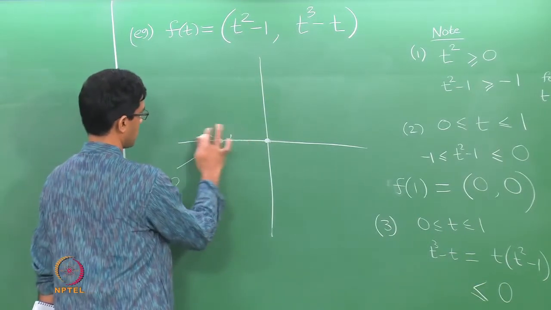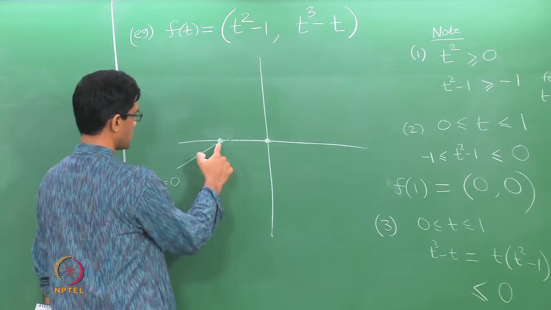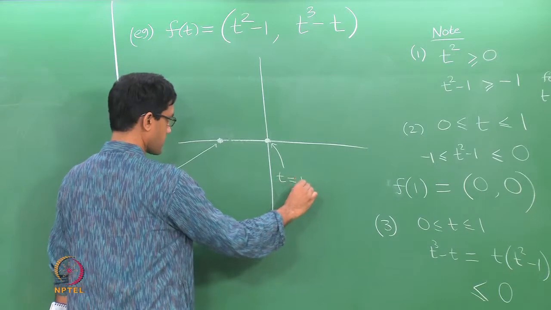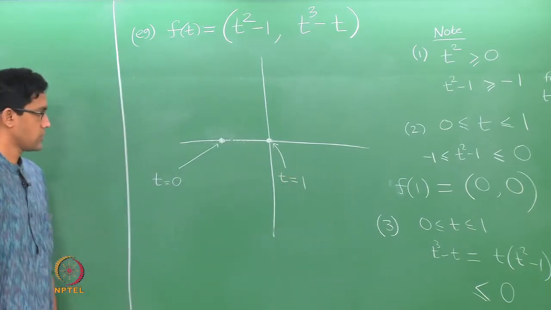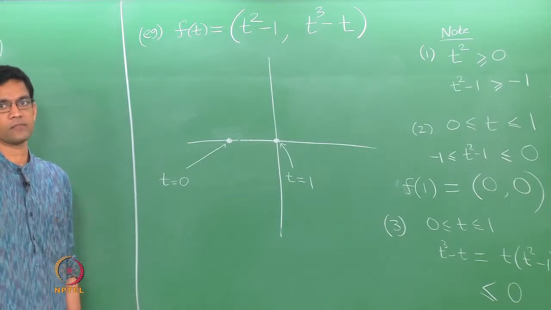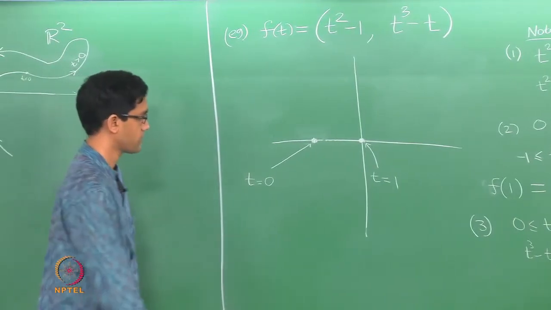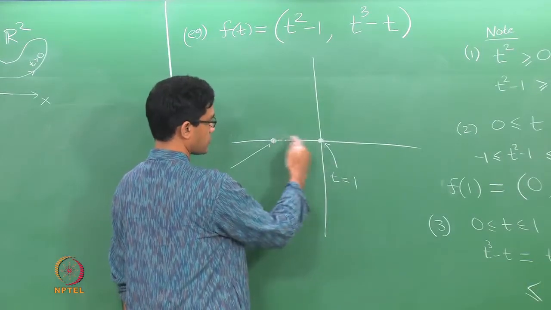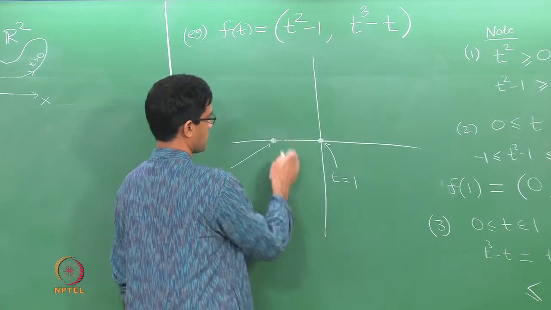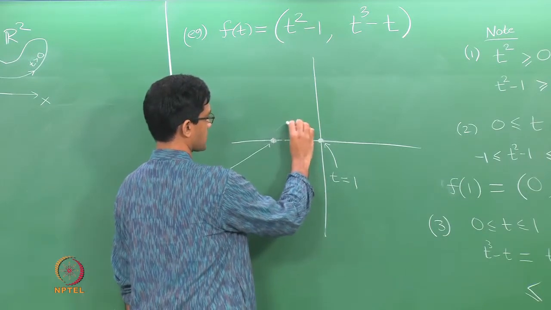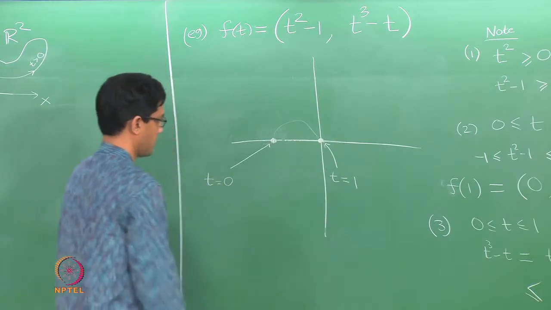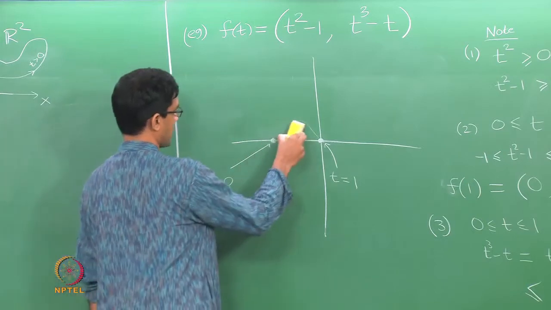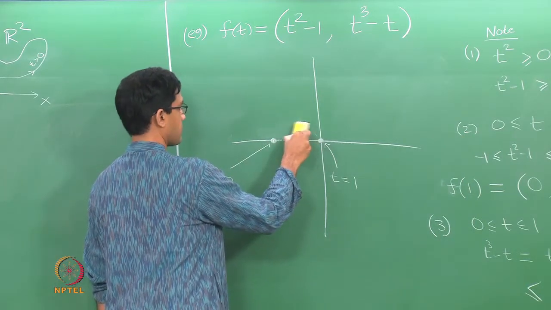So here is really the question. Let us just remove this. This is where the particle is at t equals 0. This is where it is at t equals 1. That is the origin. Now the question is, how did it go from here to there? We are trying to get an idea of what the shape of the curve is. So when t changes from 0 to 1, the x coordinate is of course negative, it continues to be negative, whereas the y coordinate is positive. So the particle sort of stays in this quadrant, it is somewhere here the entire time. Okay. So now all that remains is to try and get an idea as to what the shape of the curve might be.